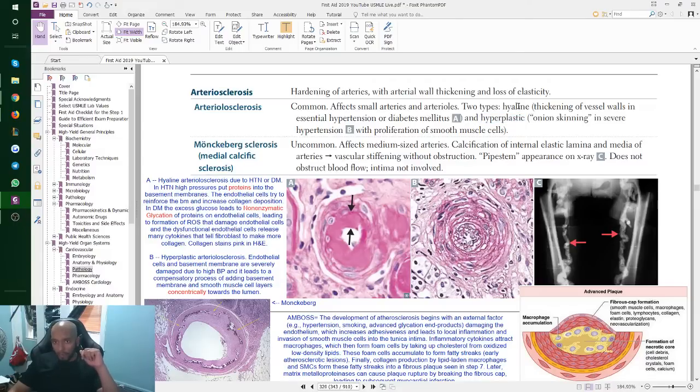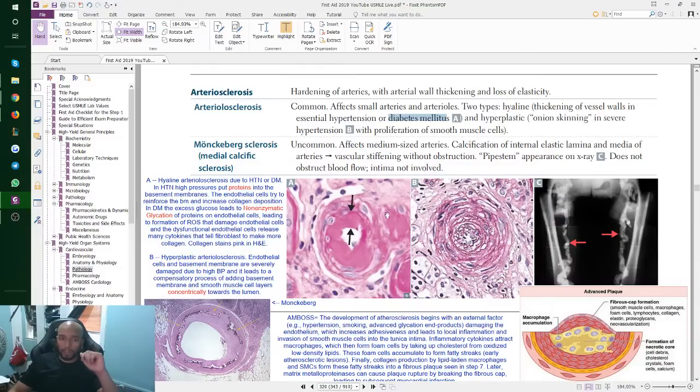The hyaline one is due to hypertension. Right? Generally speaking, hyaline is always going to be due to hypertension. But most likely, generally speaking, hyaline is going to be due to diabetes. As we can see this one right here. This image A is basically your hyaline, and this is due to diabetes. So diabetes,